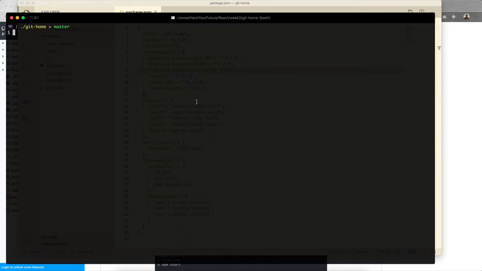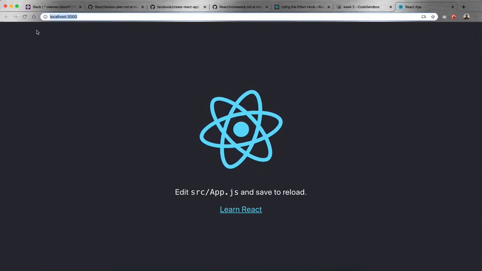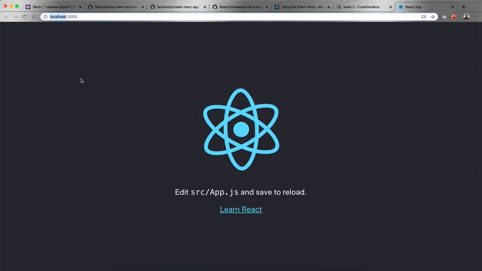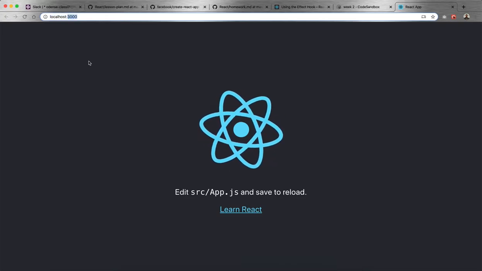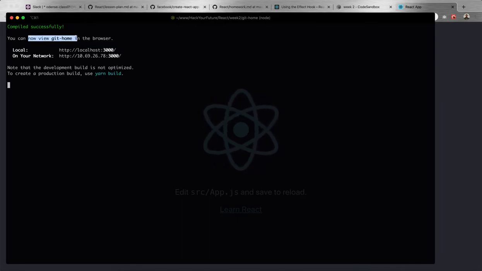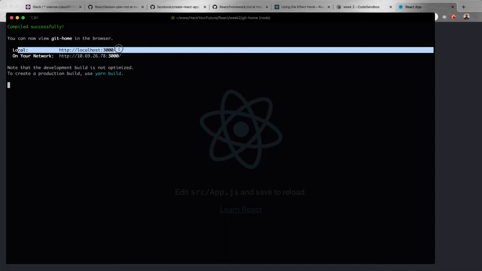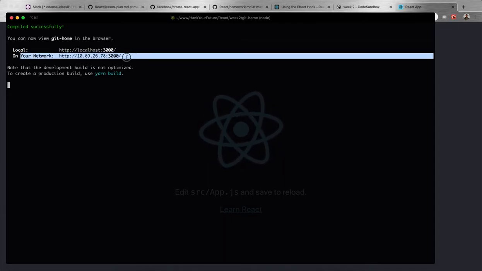Then, when you did that, you probably ran npm run start. And as you can see, it's running that script, and a lot of stuff happened. Basically, it creates a localhost on port 3000. You can see here that you can view git-home, which is your project, in a browser, and this appears. It's part of the script that does that for you. And locally, you can access it through here, and on your network, it says you can access it through here,